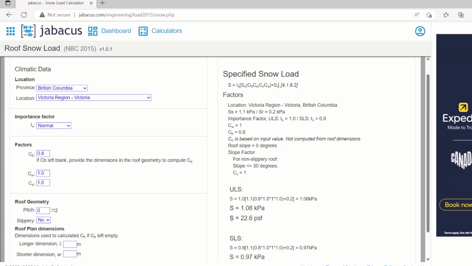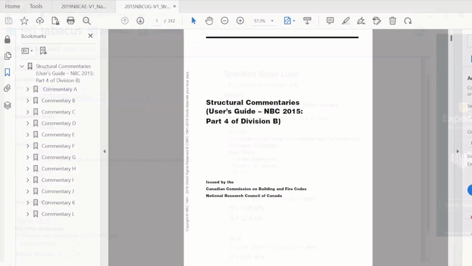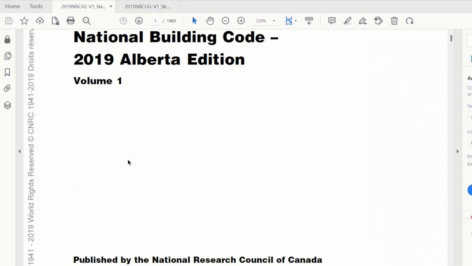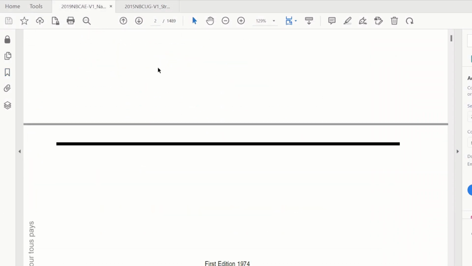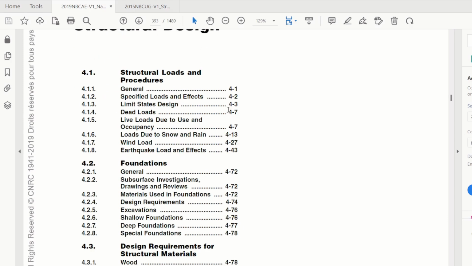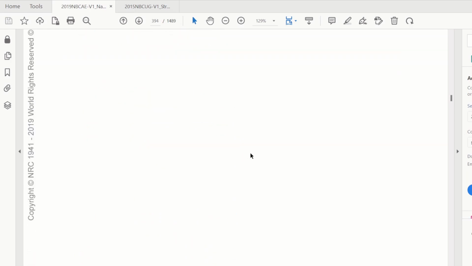So again, 20 PSF is, I think, the roof live load. Why is it not mentioned in the load combination? If we look at the load combination, Alberta Building Code, and then structural is 393, page 393. If you look at the load combination here,